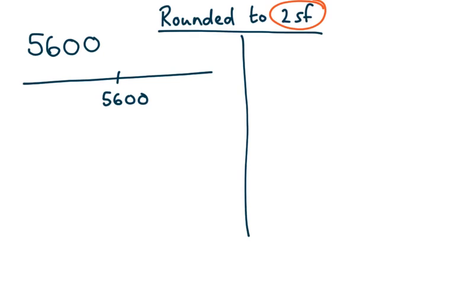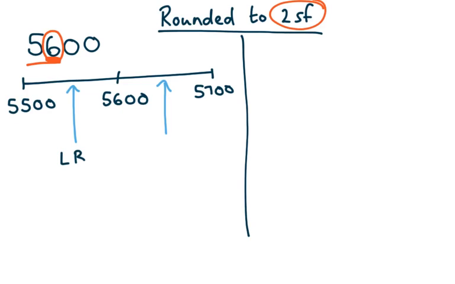Two significant figures. They're my two significant figures. This is my second significant figure. So that's the number that I need to change on my number line. 5,500 and 5,700. Once you get those numbers on your number line, it actually makes the rest of the question really easy. Sometimes the hardest bit is getting those numbers, because then you can just see, well, what's in the middle of 5,500 and 5,600? Well, 5,550. That'd be the lower bound. Upper bound is the number that's in the middle of 5,600 and 5,700,